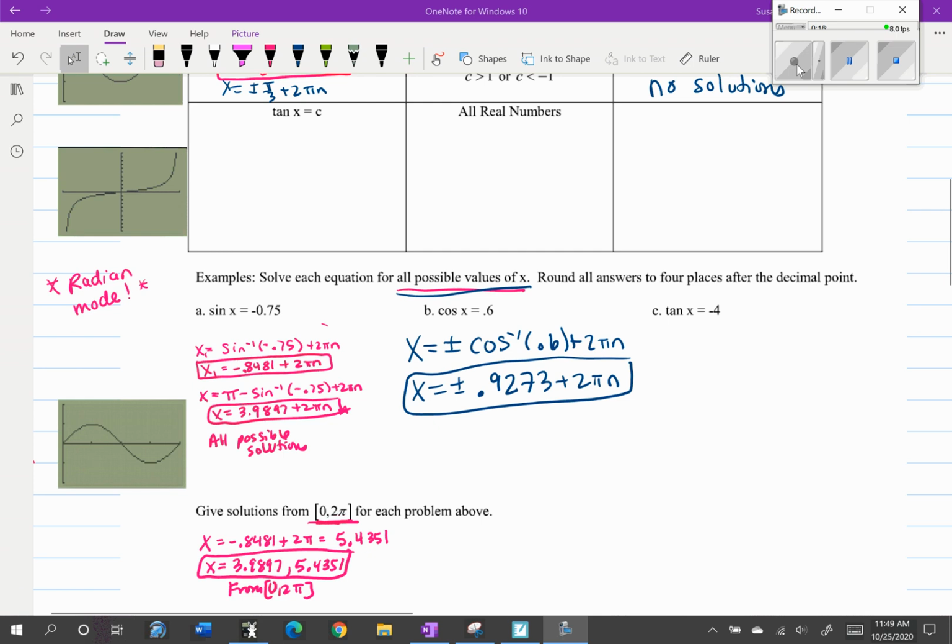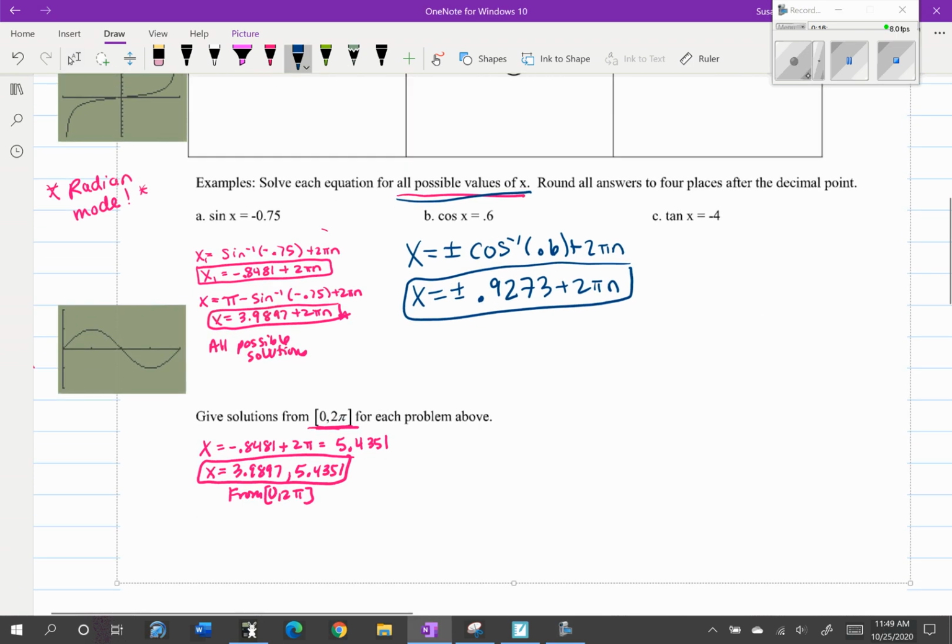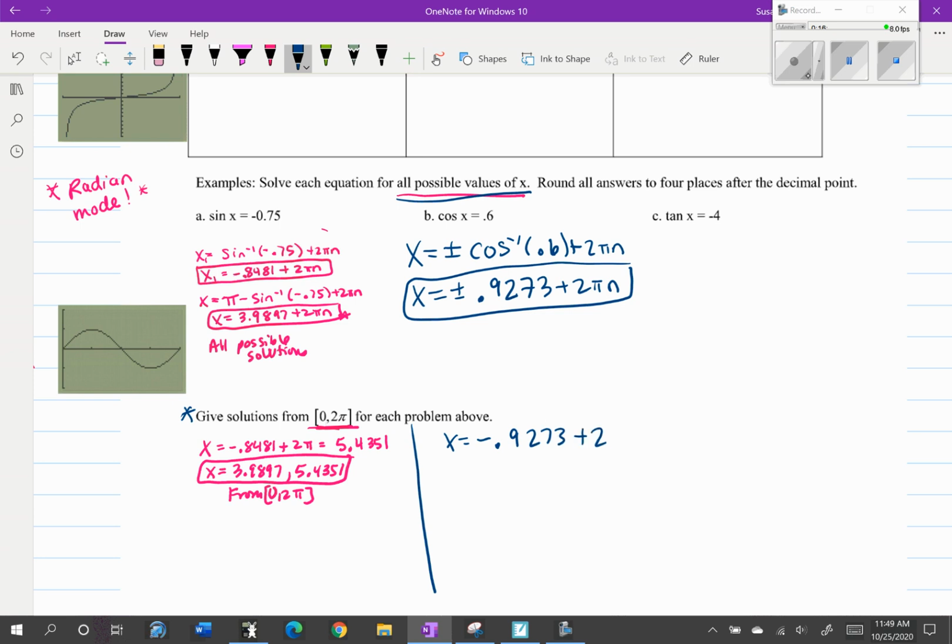Now, if we only wanted the solutions from 0 to 2 pi, such as down here is asking, then I can't use the negative answer. So x equals -0.9273 wouldn't work because that's not from 0 to 2 pi. So I need to find the coterminal answer by adding that 2 pi to my solution. So if I add that 2 pi to my solution, I would get the answer in between 0 and 2 pi. So that would give me